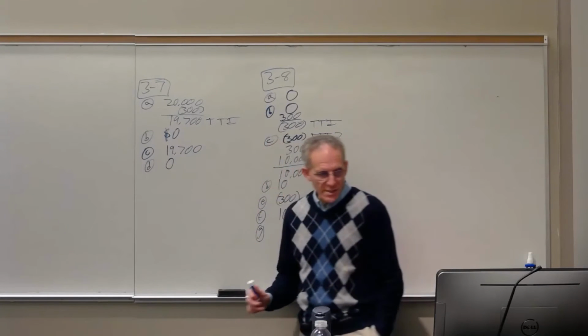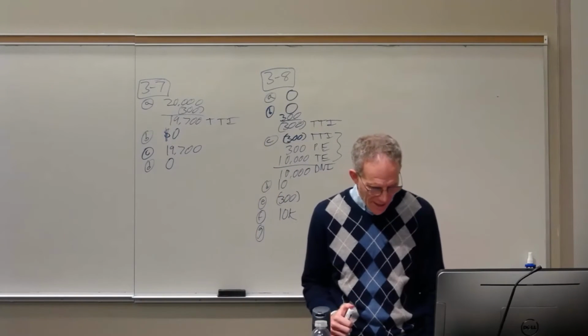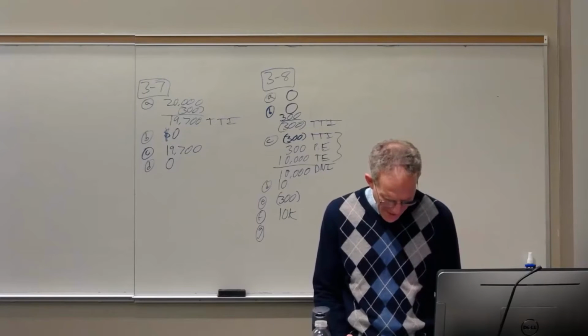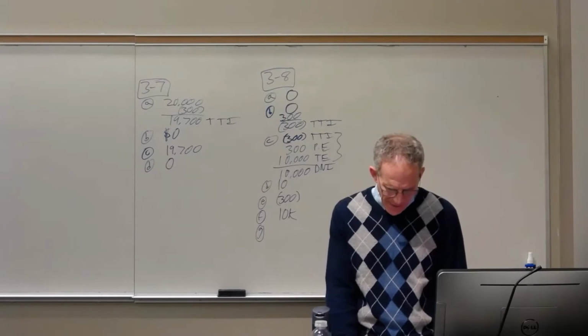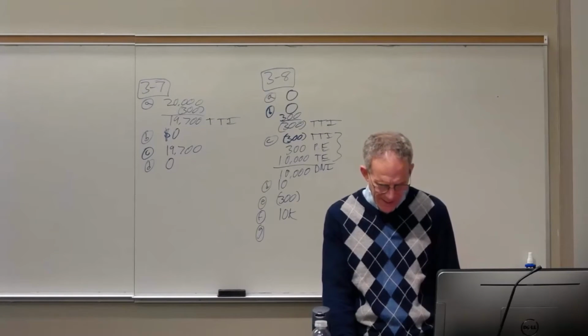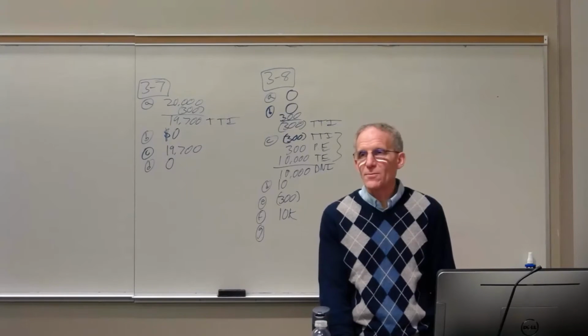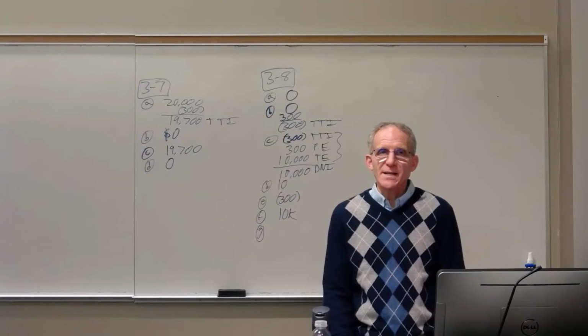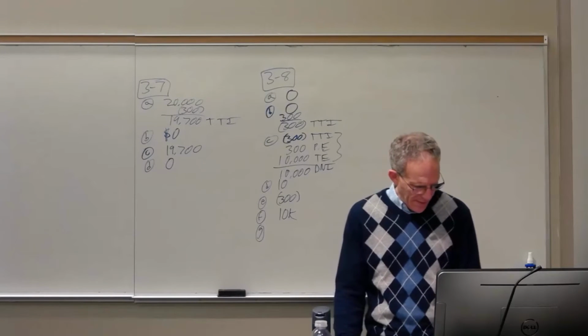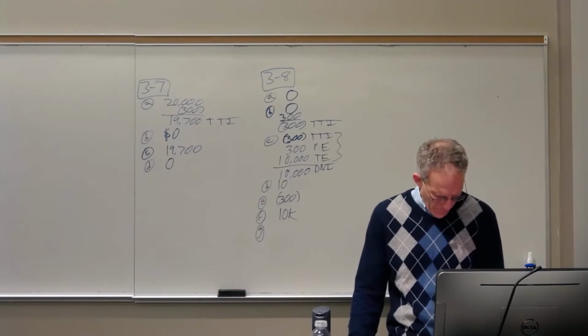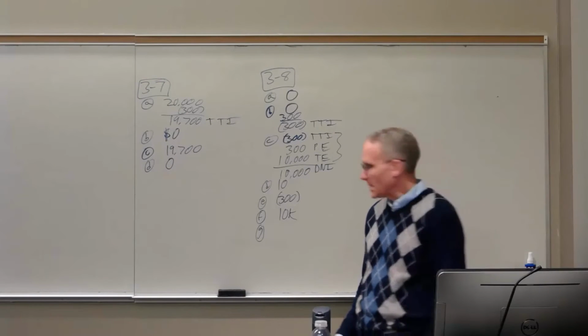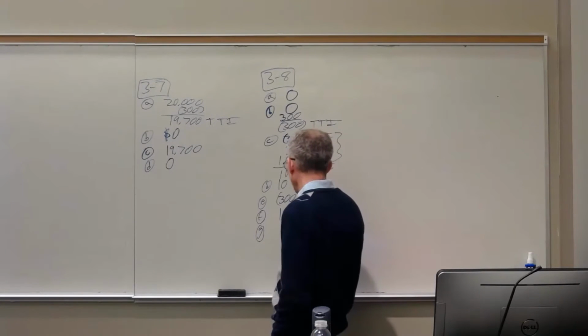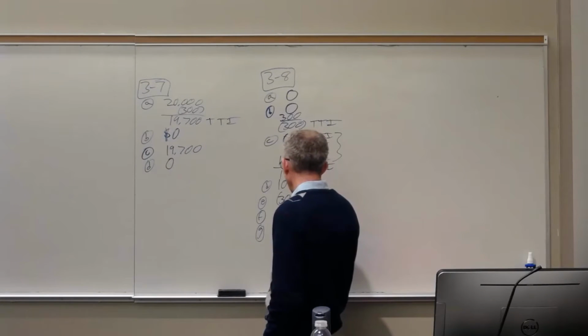But then question G says, what is the tax character of the amount the grantor's sister is subject to taxation on? And what does it say? You essentially take the same character of whatever the trust is. So what's this going to be, guys? It's going to be tax exempt. 10,000. Okay, tax exempt.